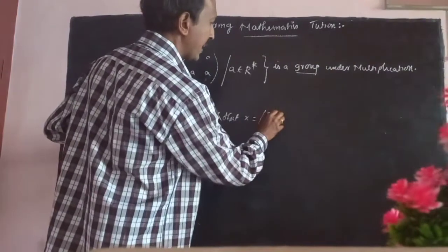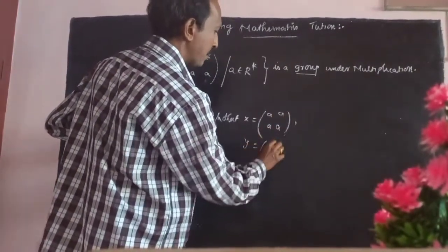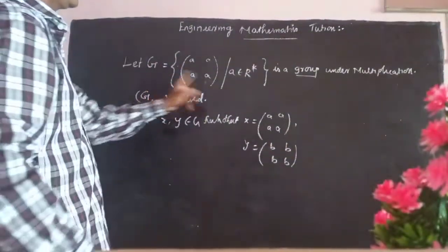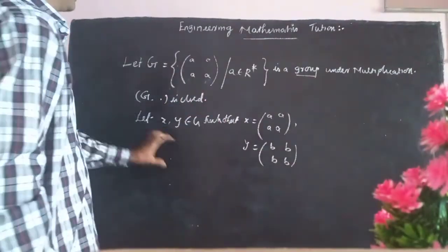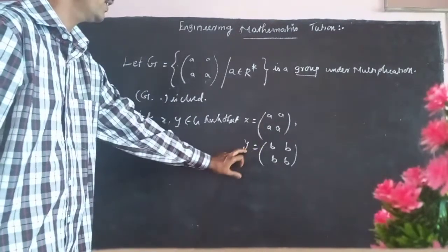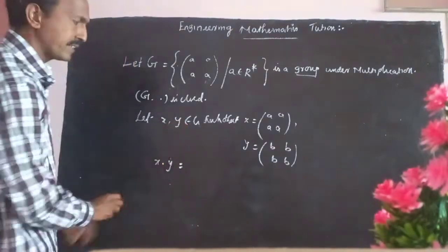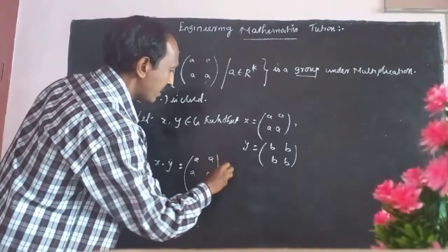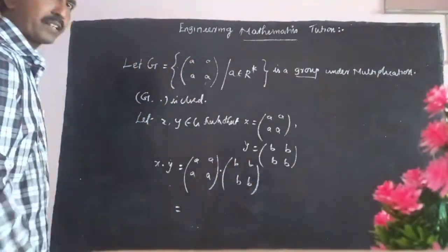Let x, y belongs to g such that x எந்த மாதிரி ஃபார்முலா இருக்கும்? x is equal to a and y is equal to b. So let a b belongs to g எடுக்கலாம். இது அதோட சிம்பிள். Let x, y belongs to g such that x is equal to the format, y equal to the format. Okay, what is x dot y? So x dot y is equal to a dot b is equal to, so product of the matrix.